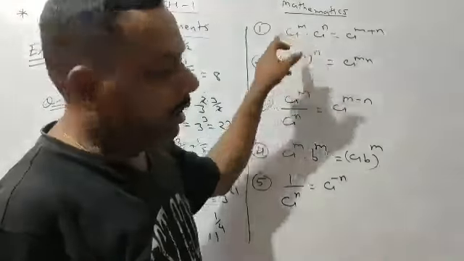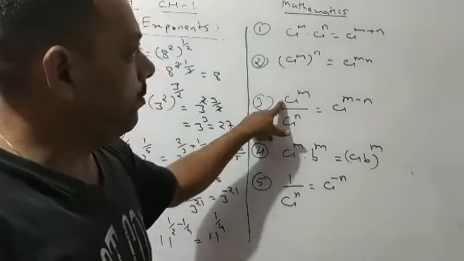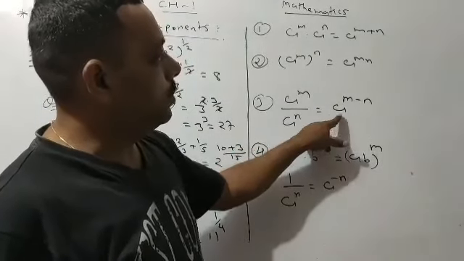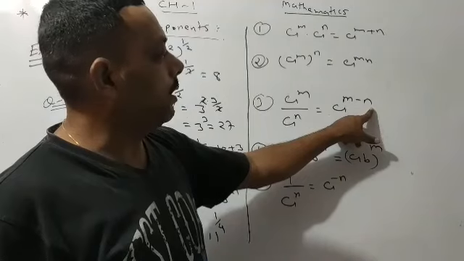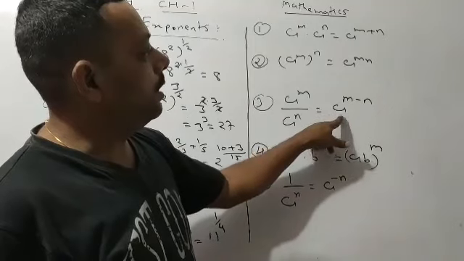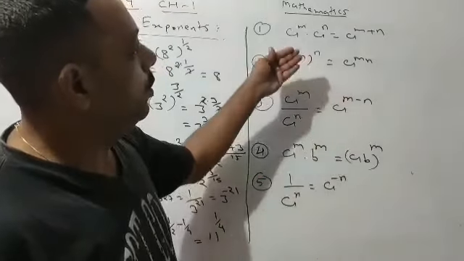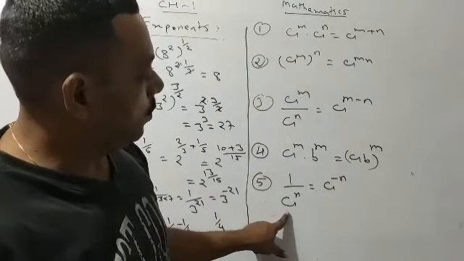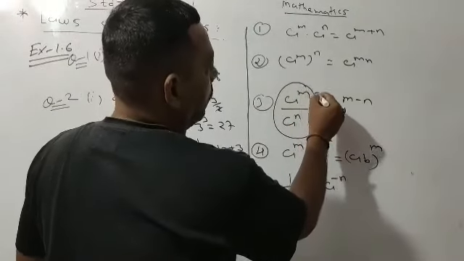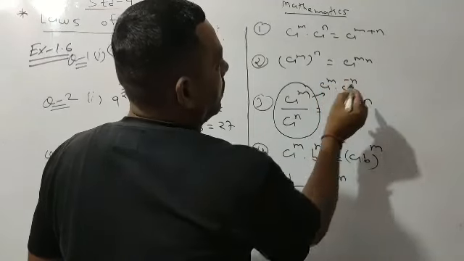In your textbook, it is given on the third point, that is division. Same logic is here. A raised to m, a raised to n in division, so it is a raised to m minus n. Clear? So a raised to m upon a raised to n, its answer is a raised to m minus n, because n is in the denominator. If we shift it to the numerator, then we can say it is a raised to minus n. So the same thing can be expressed as a raised to m into a raised to minus n.